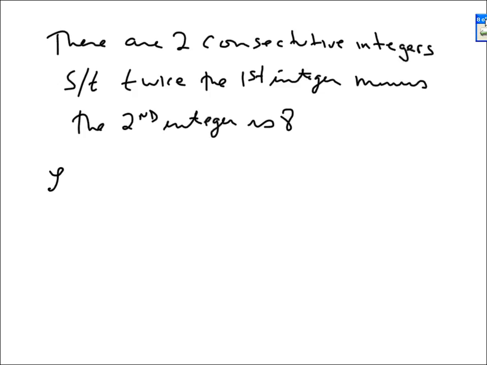Well, if you let n equal the first integer, now consecutive integers would be 7 and 8, 19